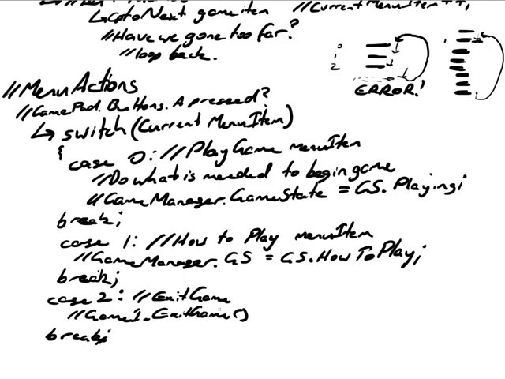When you hit game1.exit game, what that does is point back to game 1, and in the exit game method it just sets the variable which we made, that bool exit game, sets it equal to true,